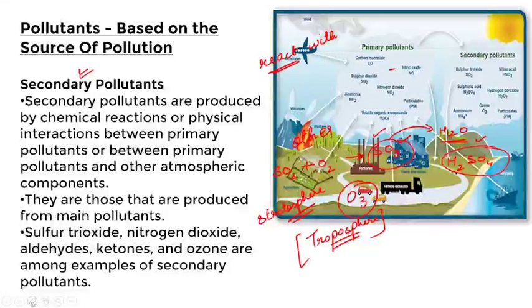So you can see the examples over here: carbon monoxide, nitric oxide, sulfur dioxide, nitrogen dioxide, ammonia, particulate matter. This particulate matter can be 2.5, this particulate matter can be 10, PM 10, PM 2.5. Then VOC, those are volatile organic compounds. Apart from that, peroxyacetyl nitrate, we also call it PAN. All right. Pan is not just in economics, pan is also there in environment. So it is peroxyacetyl nitrate. So these all are primary pollutants.